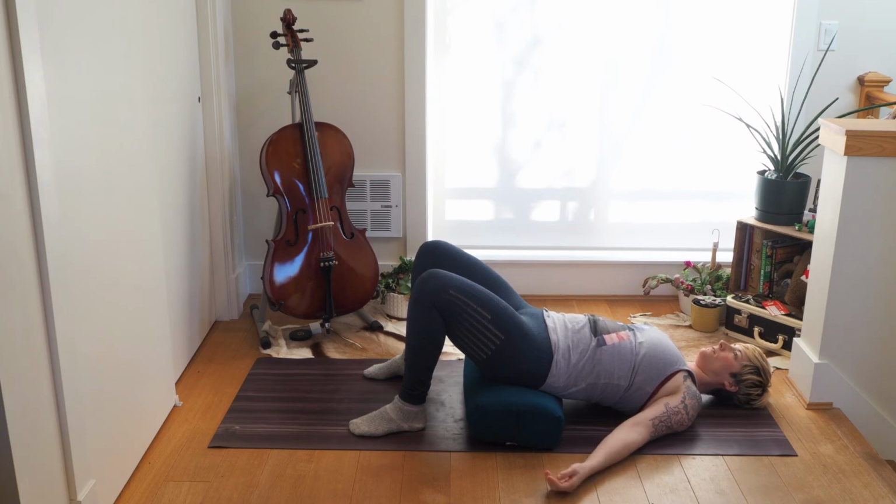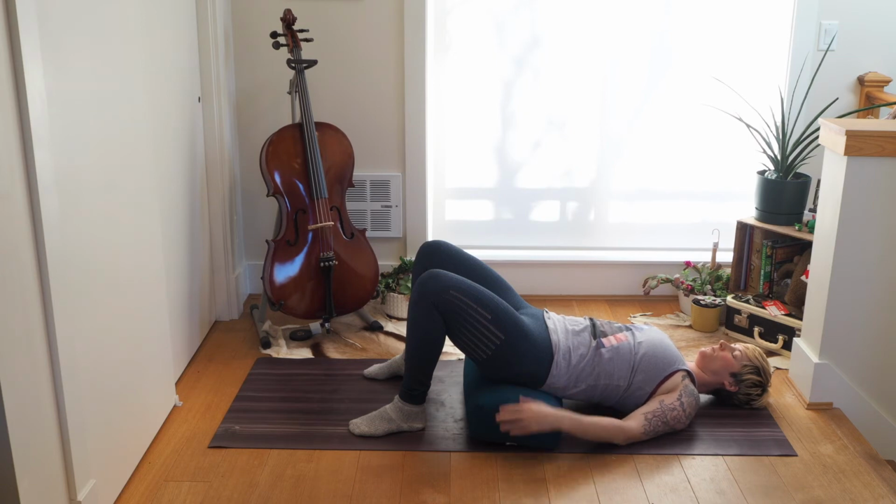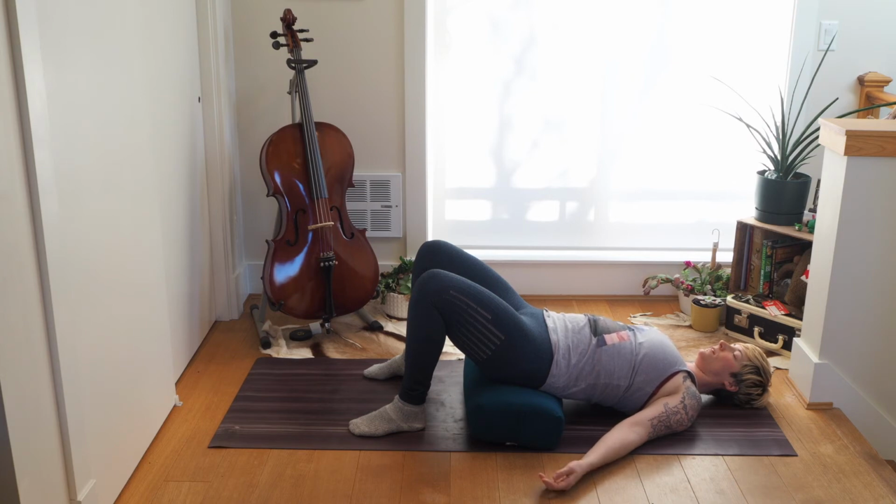If it feels like it's too much on your low back, you might want to use a smaller pillow or bolster. And if you have any pain at all, then you will probably want to skip this and just go straight into a Shavasana pose. So once you're feeling like this is pretty good, you can stay here, or if you want a little more,